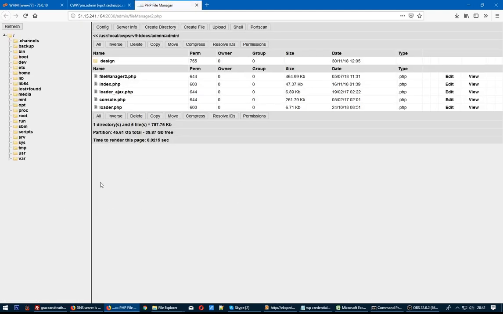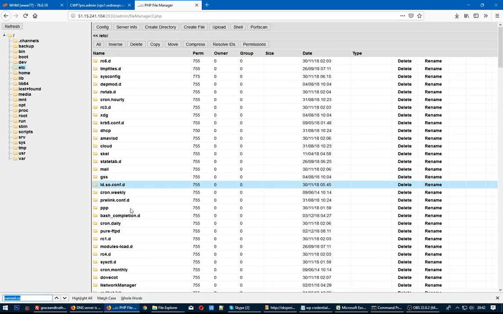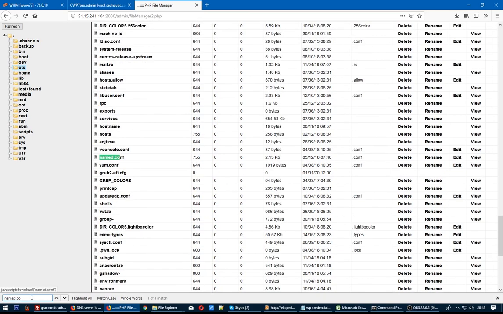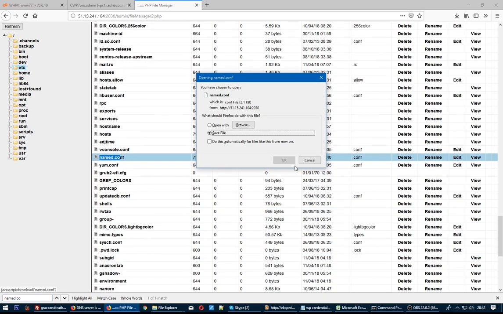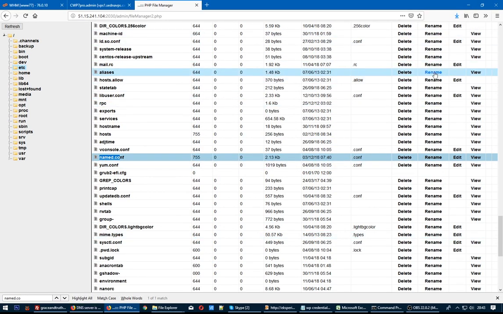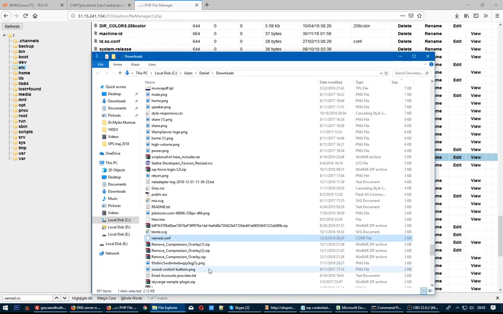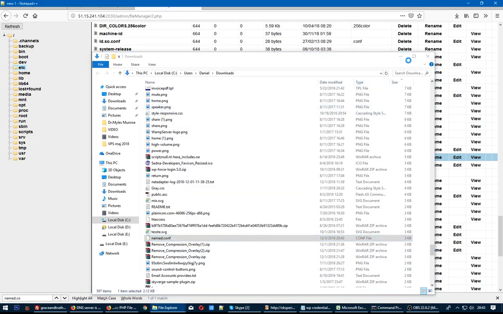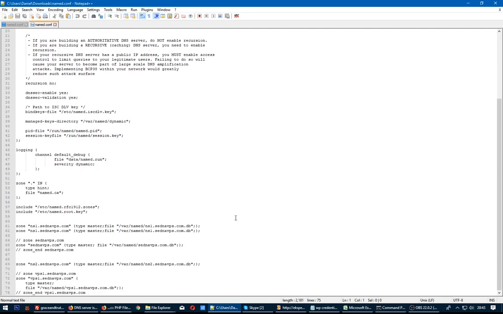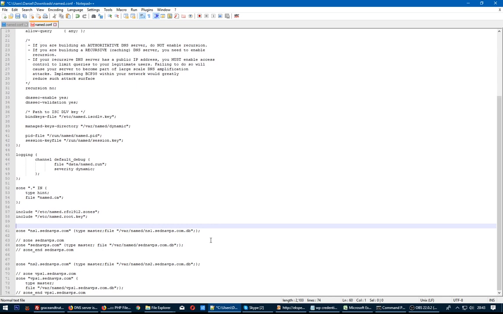Okay, I'm here. Let's go to address, search for named.conf, download. Okay, open up this file for editing. Okay, as you see, lines 61 and 62 are the same line. What I have to do is remove one line, just delete it, hit save,